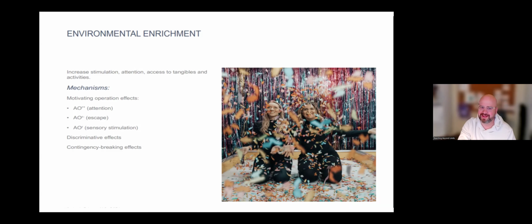problem behavior, that it's not likely to occur as often when we have a very enriched environment, especially if we have problem behaviors maintained by attention, escape, or sensory stimulation as outlined on this chart. Because think about it, we're providing that as an antecedent. We're providing attention, we're providing escape, we're providing a great time. And actually, we're not providing escape, we're providing an environment that no one would want to escape because we're having so much fun. So when we're putting all these in place, it's likely to break those old contingencies or make them kind of useless if we engage in them.